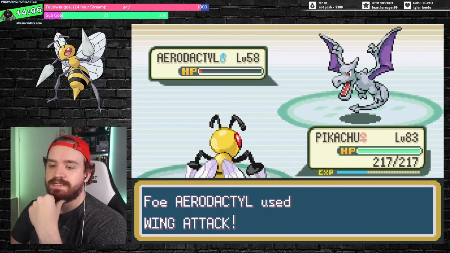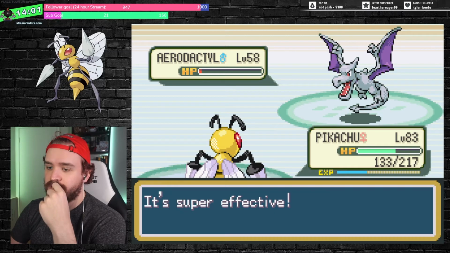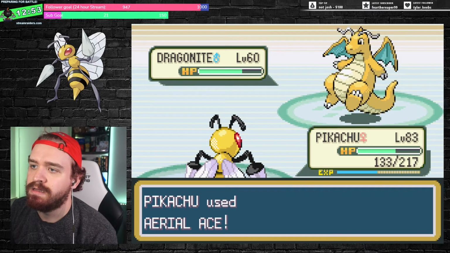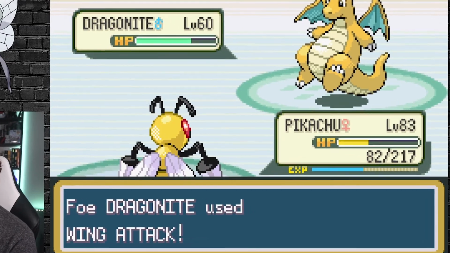favor of Aerodactyl. It wasn't able to connect any of its hits until it was in the red, and a wing attack took almost half of Pikachu's HP before Brick Break took it out. Lance followed with his ace, Dragonite. I started to chip away at it, sure that my evasion was high enough that I didn't need to heal, and...